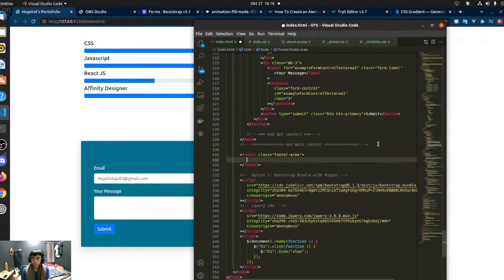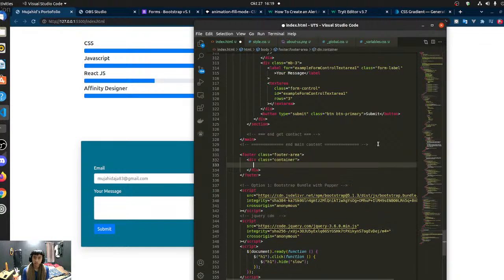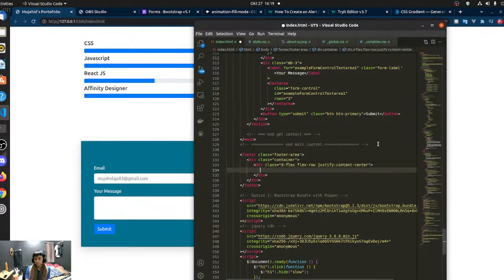So inside this footer section, I'm going to first create a container, and inside this container I'm going to have flex classes. So I'm going to create a division tag with the class d-flex. Then I'm going to add flex-row, and then I'm going to add justify-content-center class to center all the text. Just after that, I'm going to specify flex-wrap class, and inside this div, I'm going to have a division